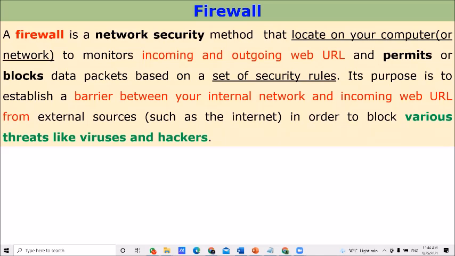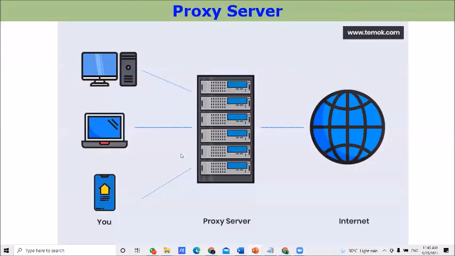Right. Okay. Then we'll move to another term. Up to now, we learned three important terms. The first one, FTP, file transfer protocol. Then secondly, we learned about web traffic. Then the third one is firewall. Right. We'll move to another term. Write down proxy server. Proxy server.